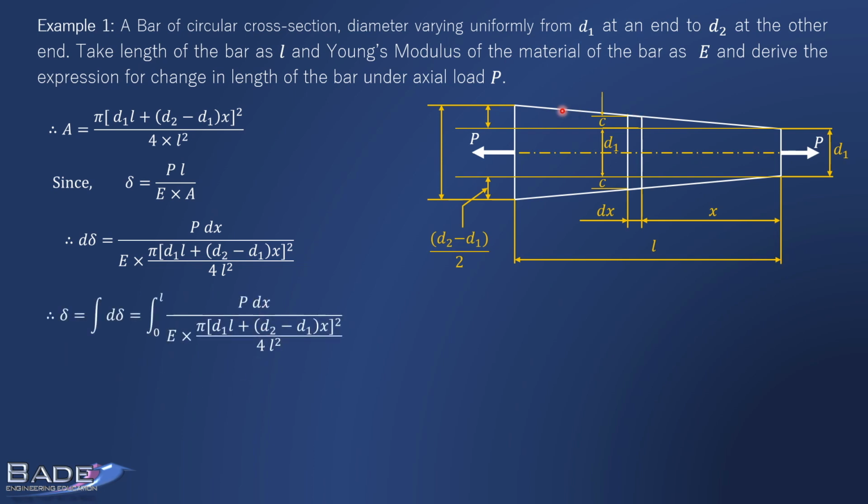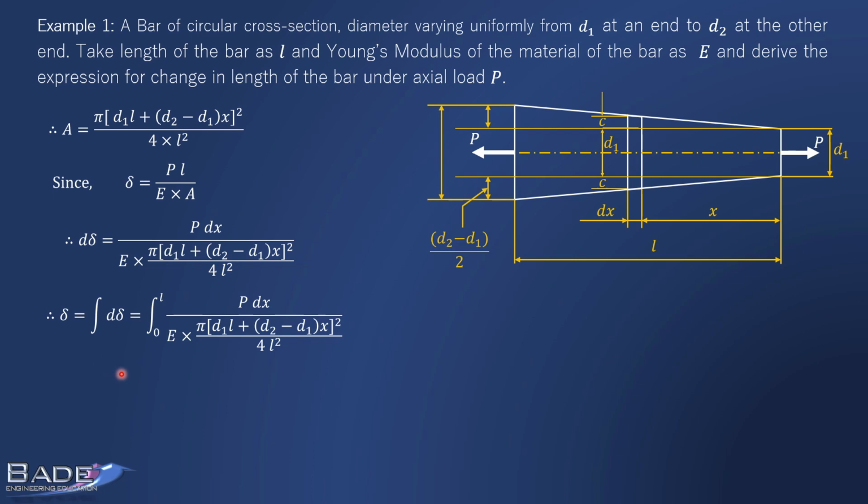Delta is the overall change in length. As I told you, imagine this rod made of infinite layers from the right end to the left end. Each layer has length dx. All these layers are in series, so we should add the deformation d delta of all these layers from the right end to the left end. What does that mean? Infinite addition means nothing but integration. So we are going to integrate d delta over the length of the rod, where the value of x is 0 at one end to L at the other end.